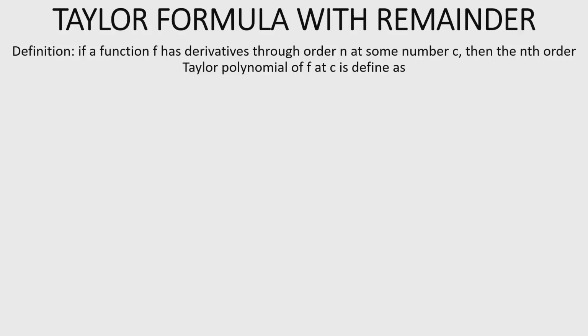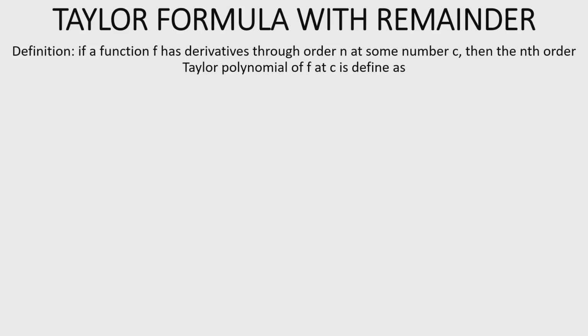Alright, Taylor formula with remainder. Definition: if a function f has derivative through order n at some number c, then the nth order Taylor polynomial